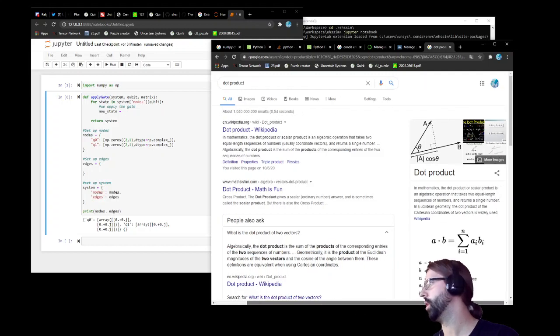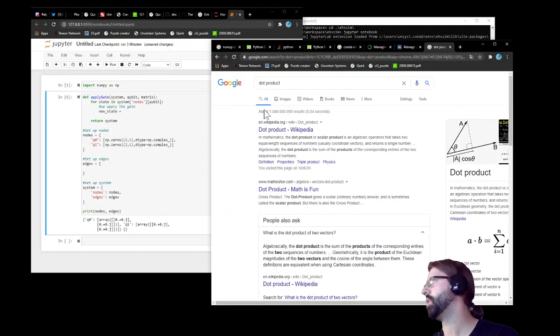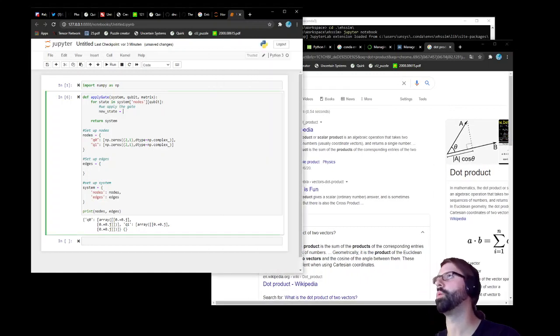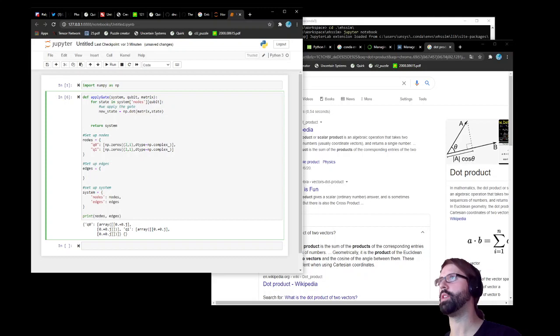That's what we want, because we're summing up the stuff. So we want np.dot, and basically what we want is the matrix times the state. And that gives us a new state, and this new state is then basically assigned